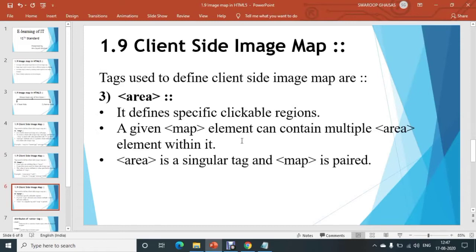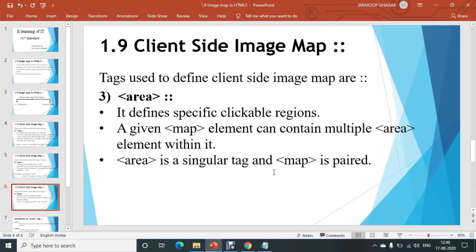The area tag defines specific clickable regions, that is, different areas within that image are specified with the help of the area tag. A given map element can contain multiple area elements within it. That is, a map element, map tag start and map tag end, contains multiple area tags. Those area tags define the different clickable regions within that image.